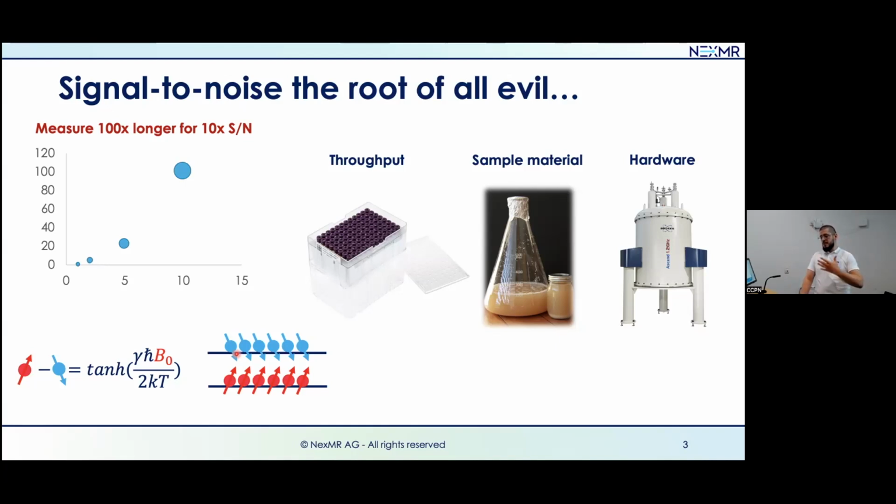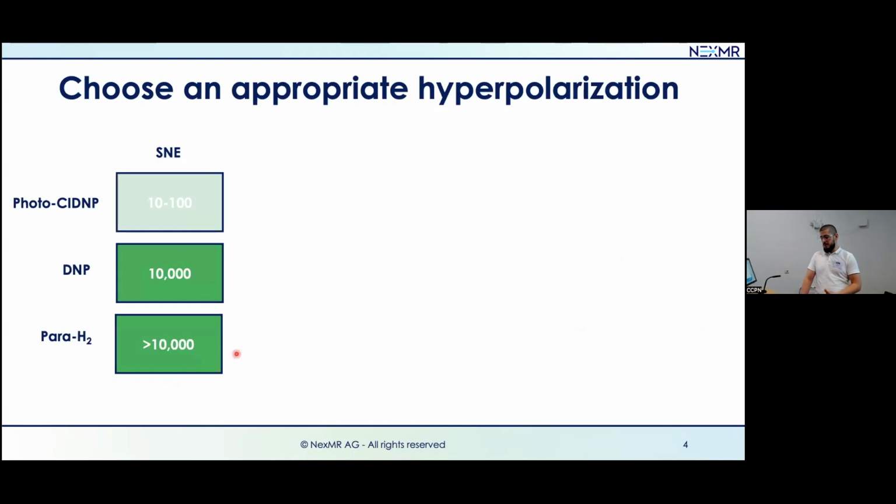So NMR labs have been very specialized, also because of this need for specialized hardware. It's expensive and that requires some expertise to be handled. So we need to find other approaches than scaling hardware to increase the signal to noise. And for that, you have many different